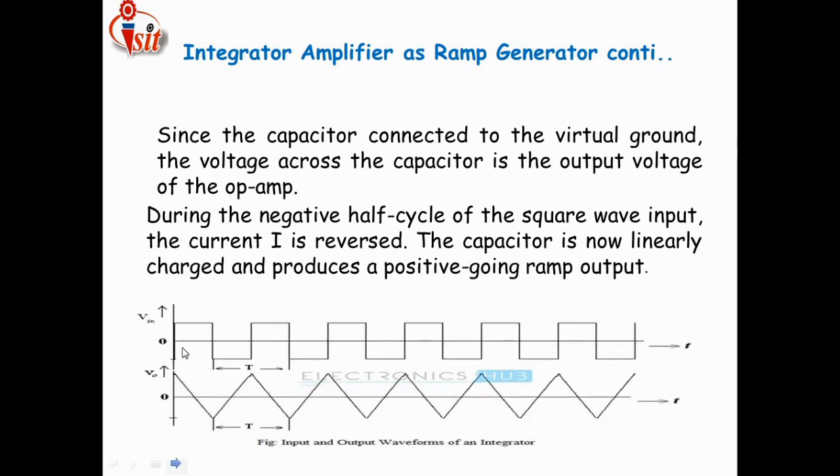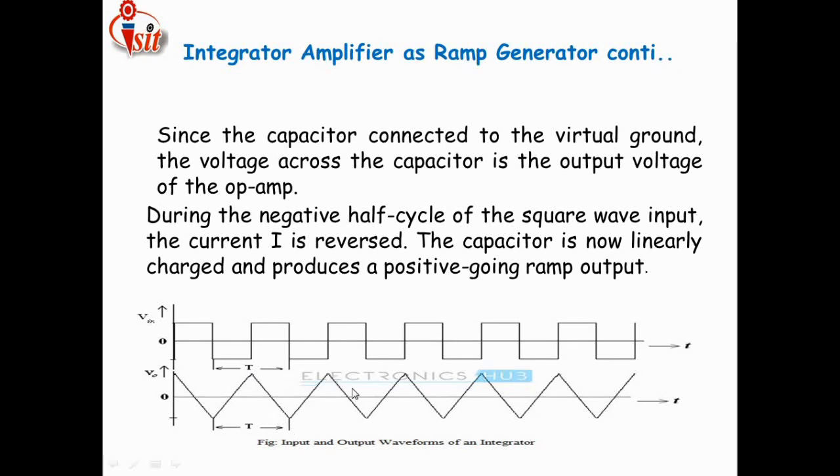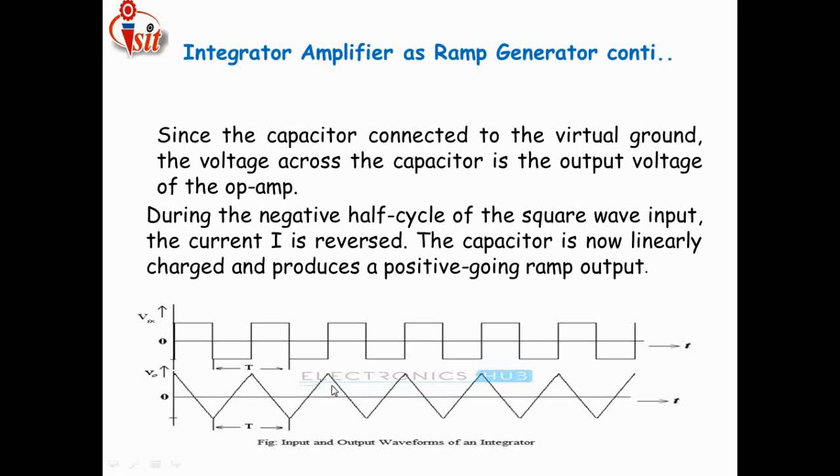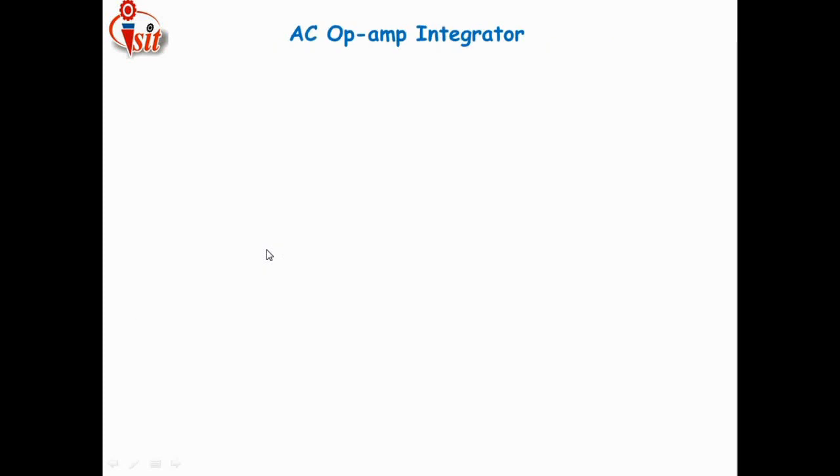Just see here the waveform: for the positive cycle it starts from negative to positive. This is a positive going cycle, and apart from that this is a rising period, this is a discharging period, along with that falling period, rising period, falling period, like this. This capacitor will be charged and discharged properly along with the ramp generator, and we are getting here a ramp signal. Just see here, this is a waveform related to the ramp generator.